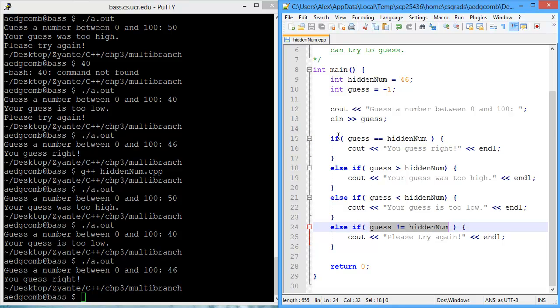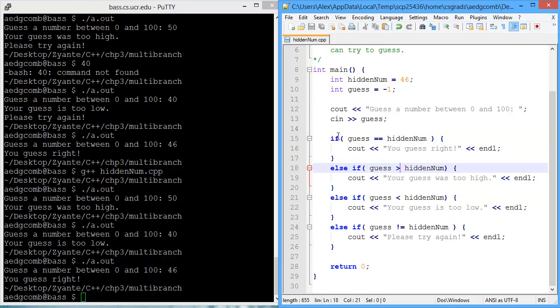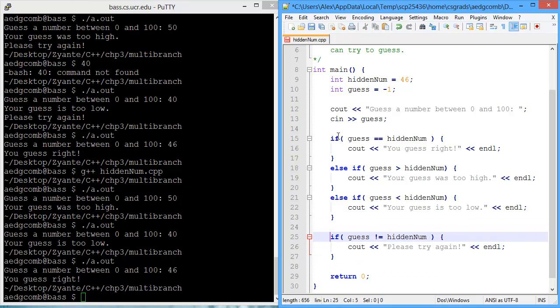But wait a second, these first three if statements account for all the bases. Either you guessed it right, you guessed too high, or you guessed too low. So this last if statement will never be evaluated. So for that reason, we should not merge this if statement into the tree, and instead keep it separate. So I'm reverting back to what we had just a few moments ago. Let's save,